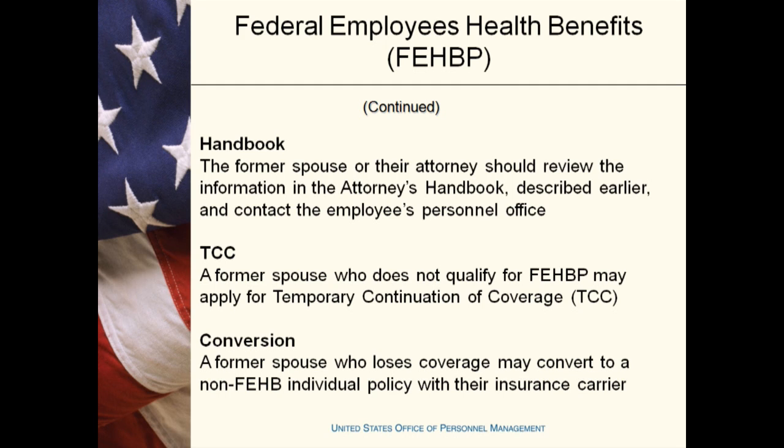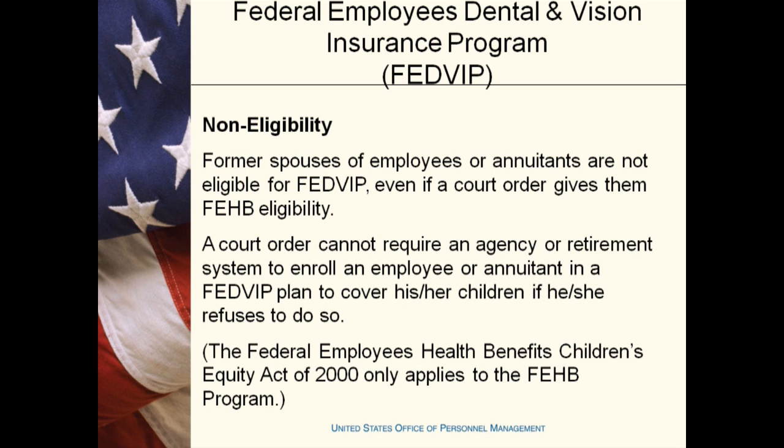Okay. Actually, the next couple of slides are repeats of some things that have come up earlier in our discussion regarding the handbook, temporary continuation of coverage, as well as conversion. If you ladies have anything to add, then we can jump in. But then, of course, the non-eligibility for the FEDVIP programs,